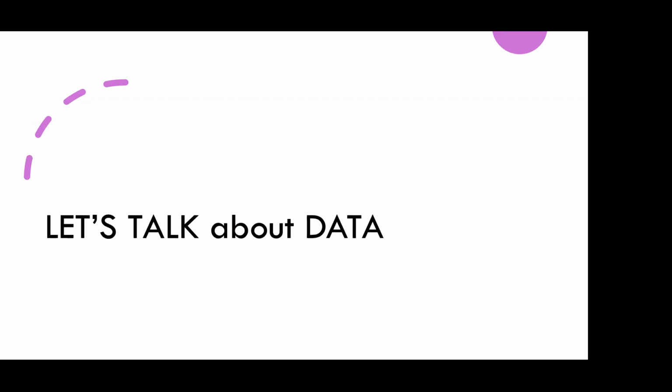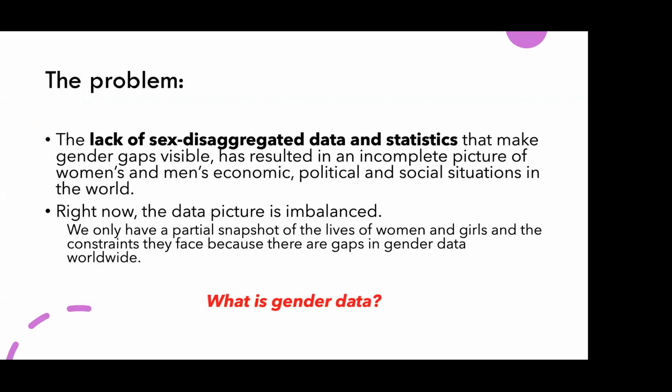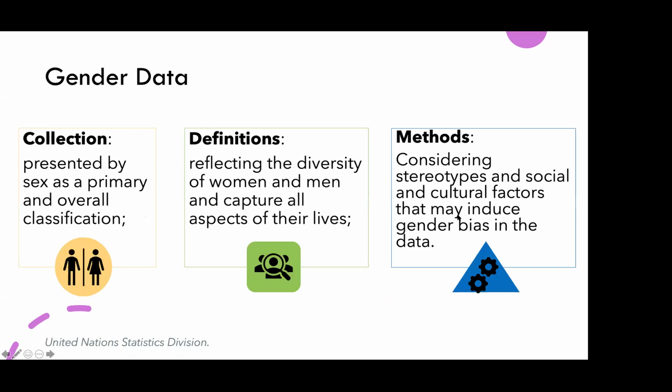There is a problem when we look at the data from a general perspective. First of all, the gender data among all the data sets that we usually use, especially in policy making, are not represented. So there is a lack of sex disaggregated data and statistics. And of course there is a problem when we talk about social norms, expectations, and beliefs. Actually, there was no data before a few years ago on these topics. And this is a problem. It is a problem because we don't have gender data